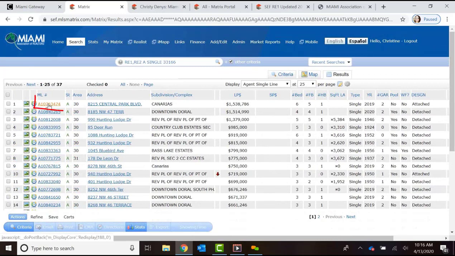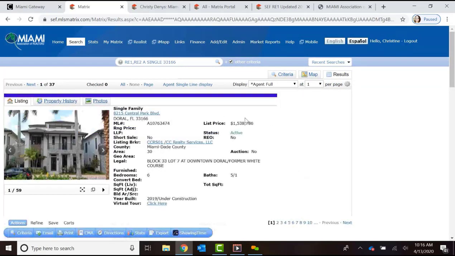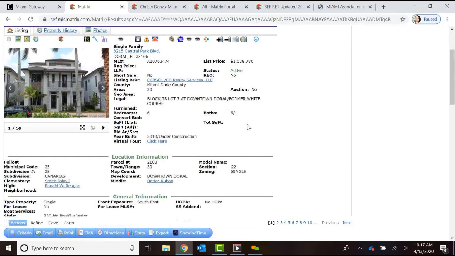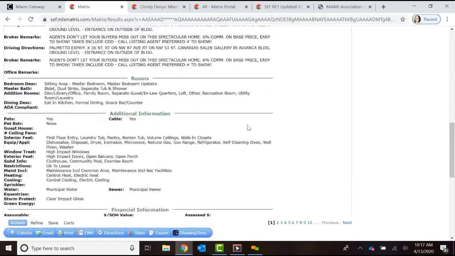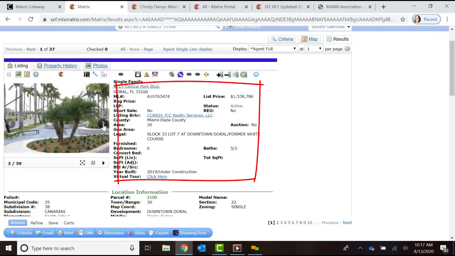Let's go ahead and click into one of them. We're going to click on the MLS number. Okay, and this is the MLS page. This is the full view. Okay, so as part of the full view, you have the property information here. We have our listing price, our address, and we have our pictures,